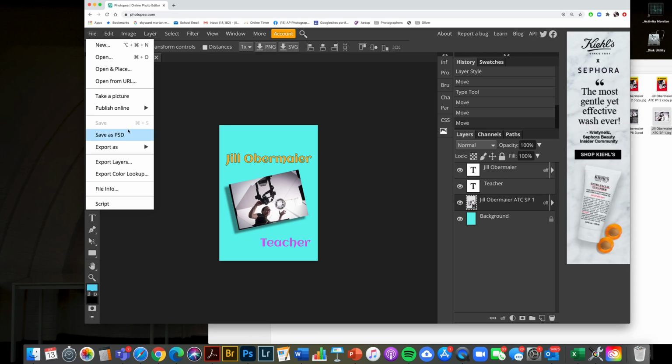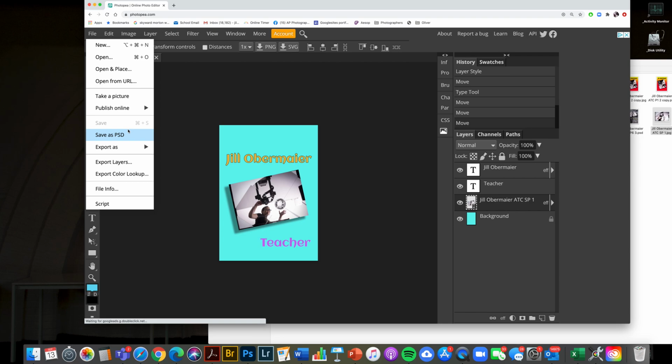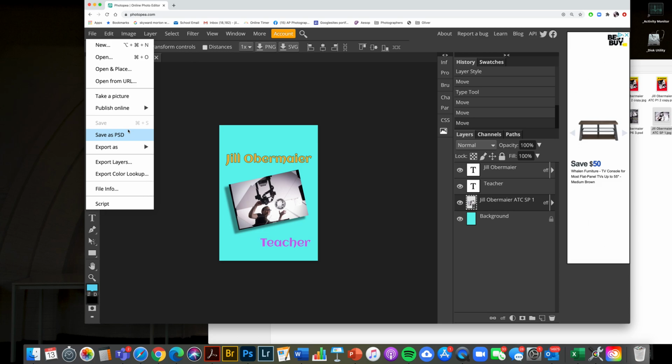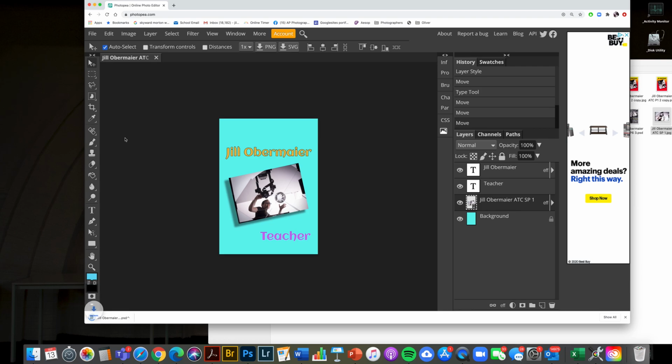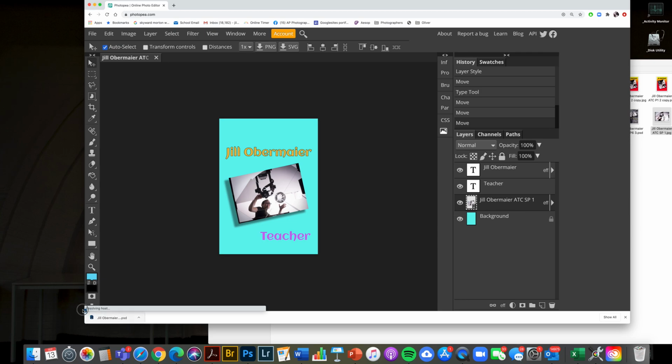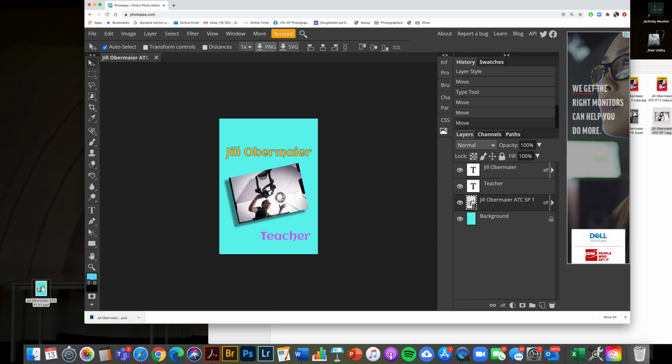We're first going to try to save it as a PSD. A PSD is a Photoshop document. When we get back to school, like in-person school, we will be using Photoshop, which is very similar to Photopea. It's almost exactly the same. So a PSD is a file that saves all of the layers that you have created over here on the right. Okay. So if I save it as a PSD, I've already named it at the beginning, so I save it as a PSD and I drag it over to my desktop,